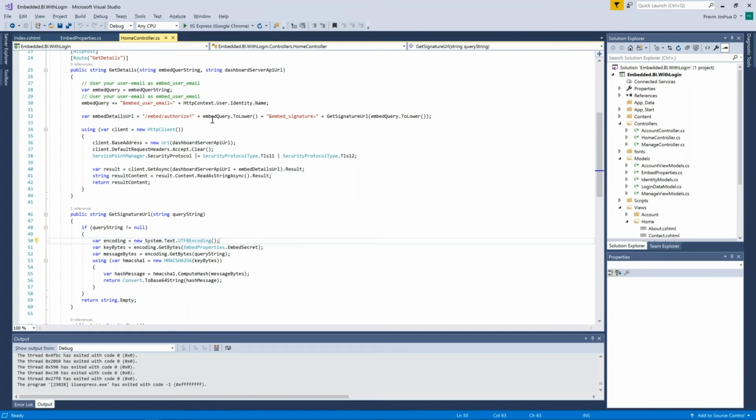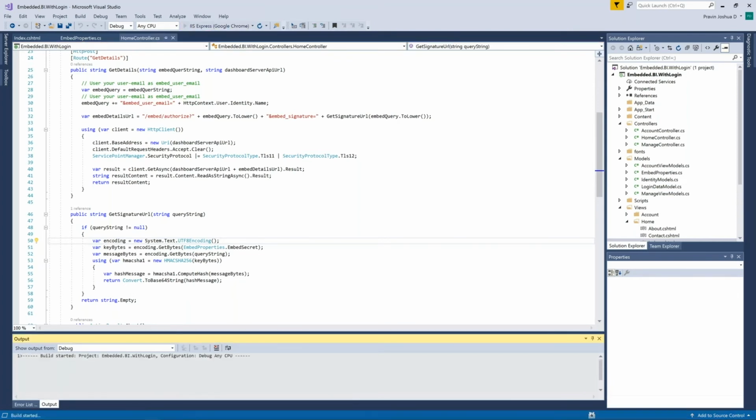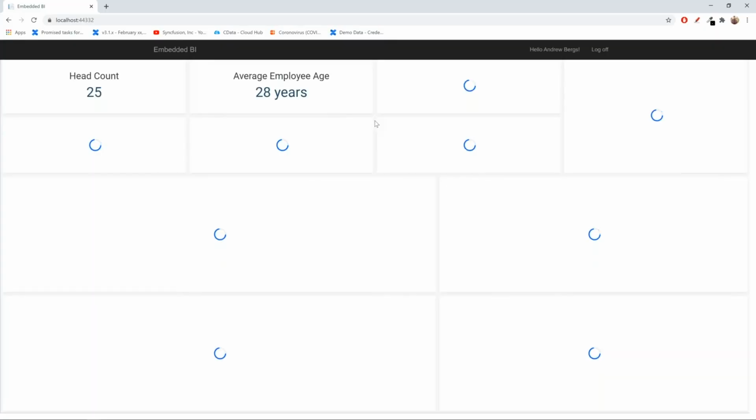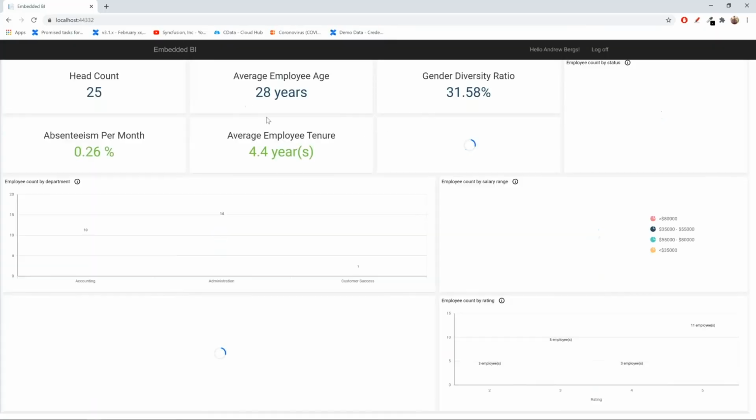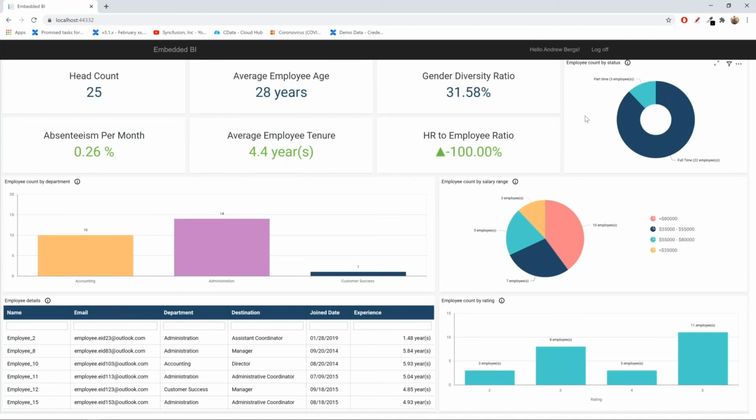Okay, so here in my application, I already have both the users that we configured before. Let me run this. As you can see, I have just supplied the identity name of the user who logs in to my application. Let me run the sample. Okay, you can see now the data is filtered for the particular user.